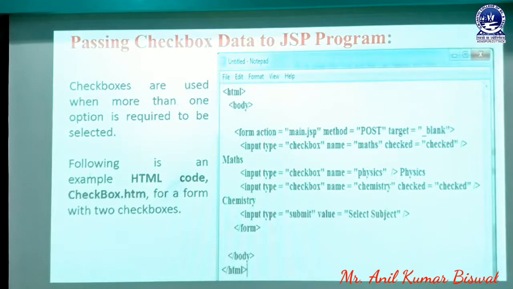Finally, we have a submit parameter, which is known as a control in our HTML page, and it is given in the type attribute. Its value is named select object. At this moment, the user can submit it. Then it is forwarded to our JSP page, and that JSP page can retrieve its value and display it in our web browser, which was explained in the previous slide.